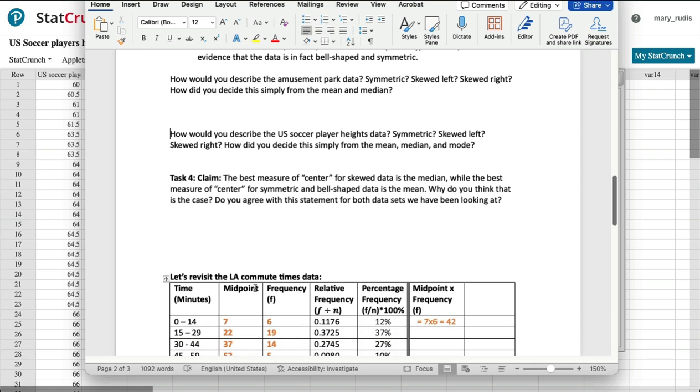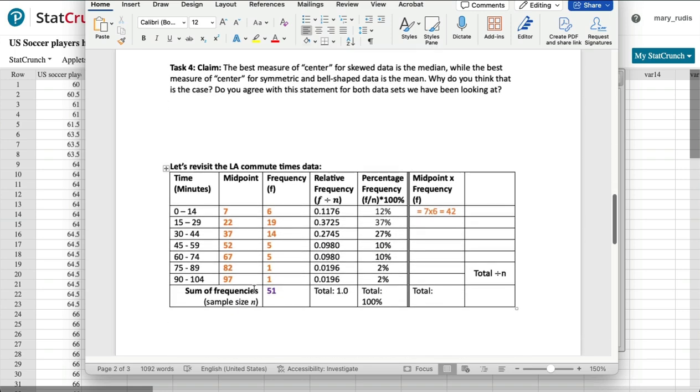And then task 4, the last thing that we were being asked to do is to talk about measures of center if we don't have the original data. Pretend we don't have the data itself, but we do have a binned frequency table. So in a binned frequency table, the way we calculate the mean is by taking the midpoint of each